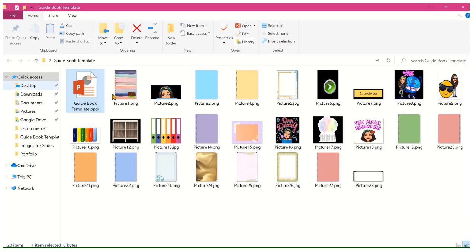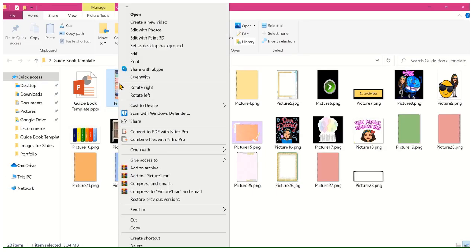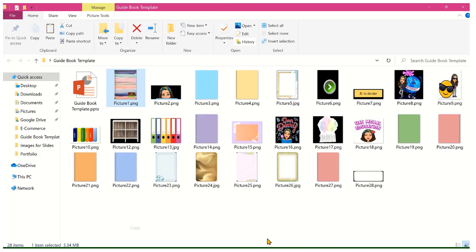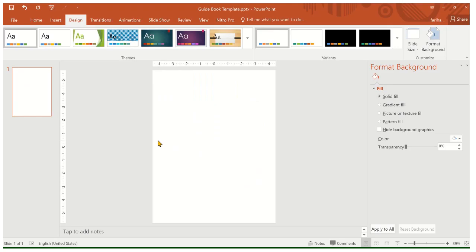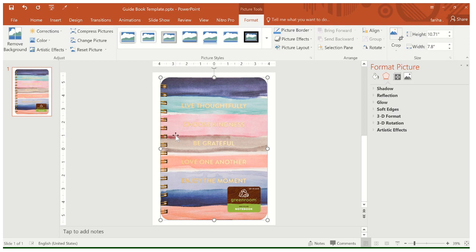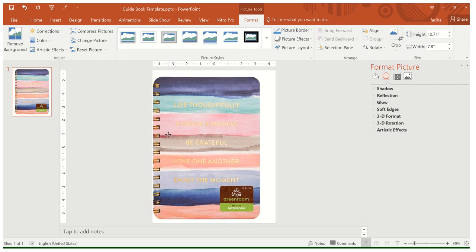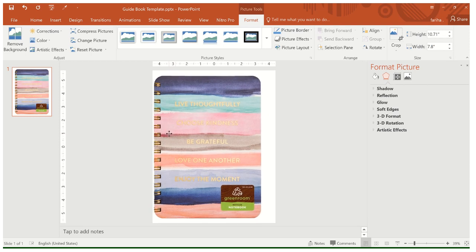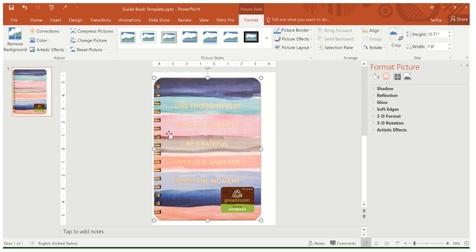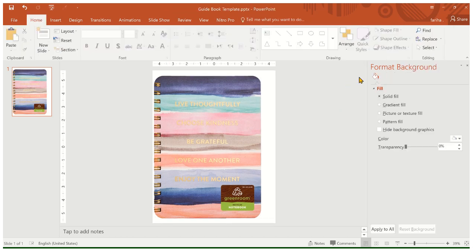I copied it from here and pasted it here. Now this is the size that I used. Just click on this, and in this way I put it, this was the size that I used. After that, the thing that I added here first was